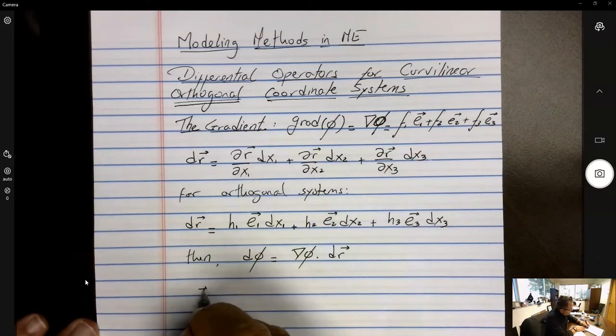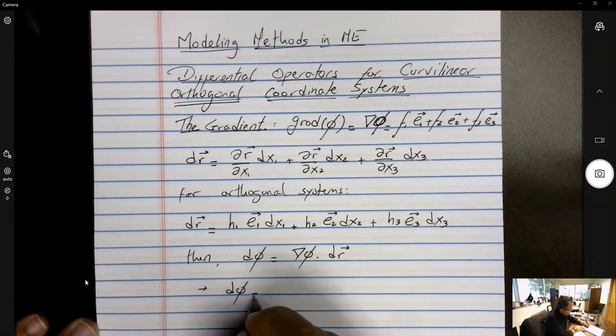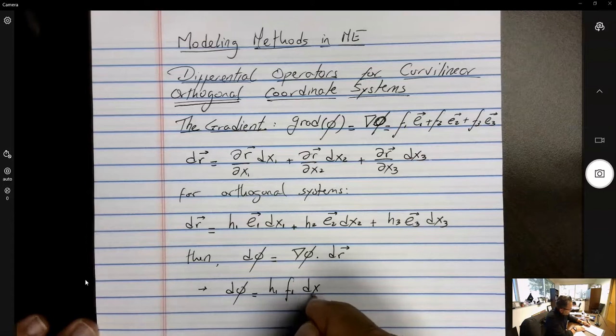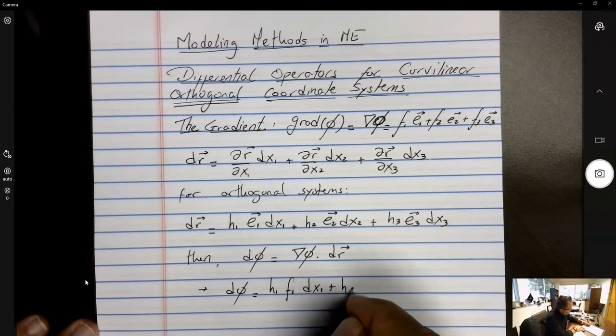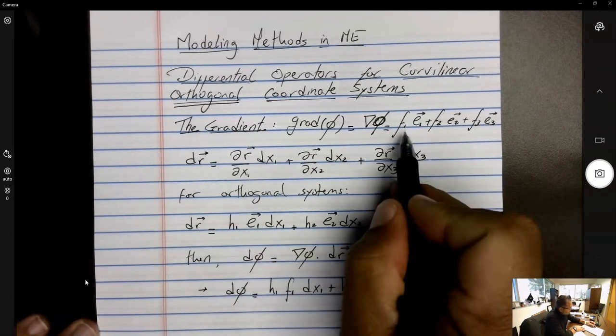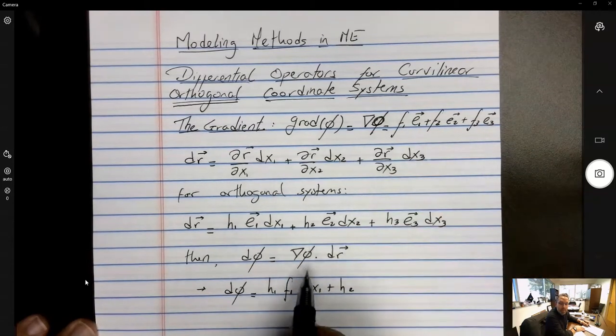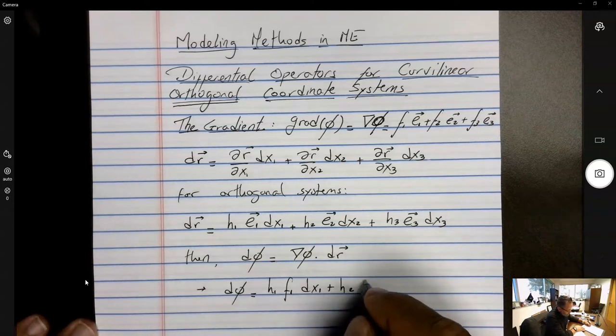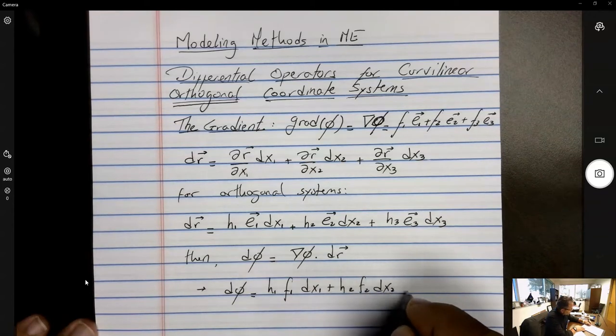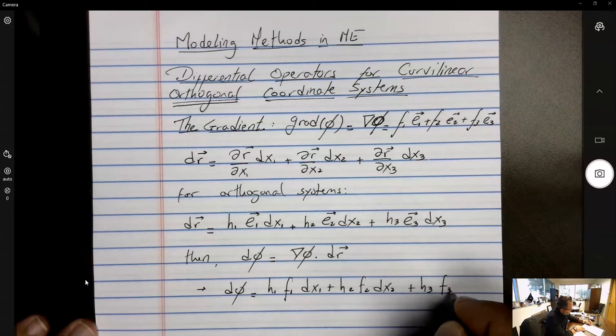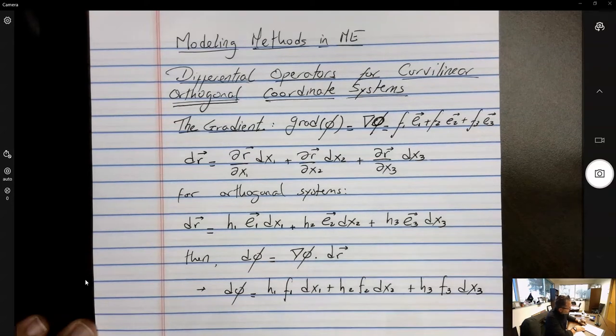So the differential of phi is equal to h1 f1 dx1 plus h2 f2 dx2 plus h3 f3 dx3. So I'm taking the gradient of phi, which is defined up here, and multiplying it times the differential of the position vector, which is this one up here. Okay, and all I have to do is some comparison here,